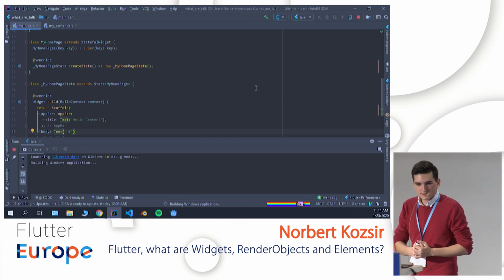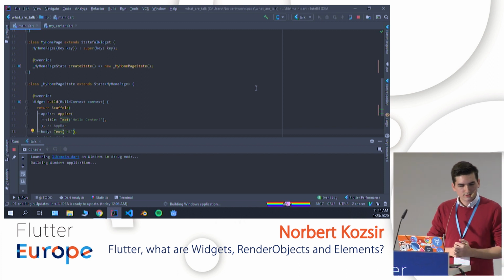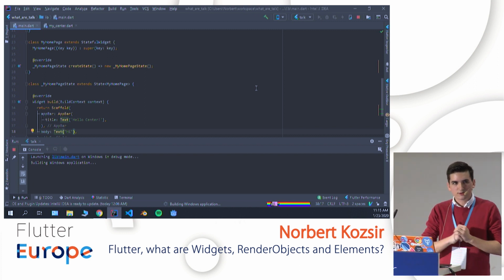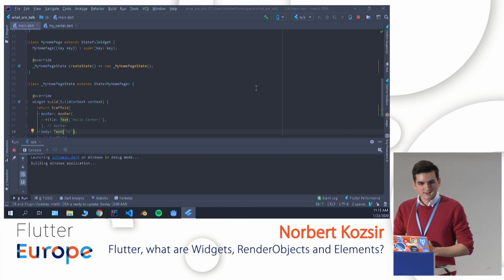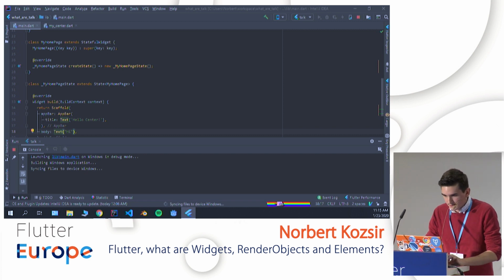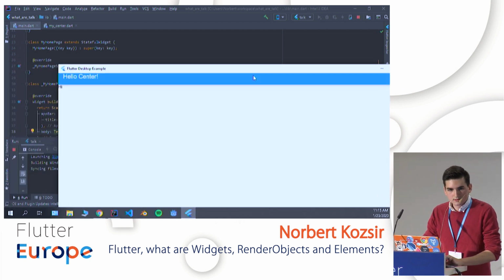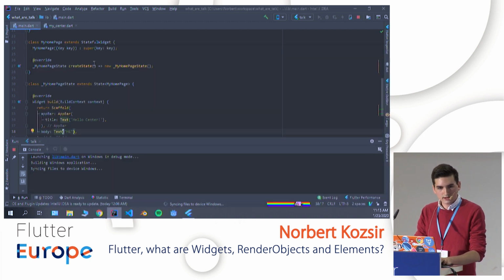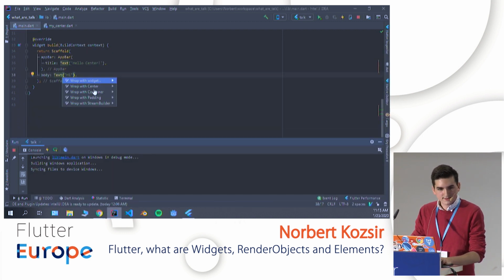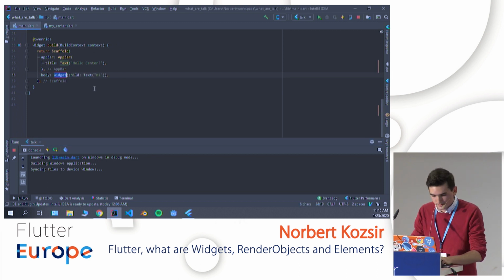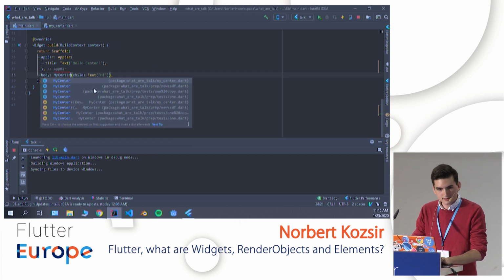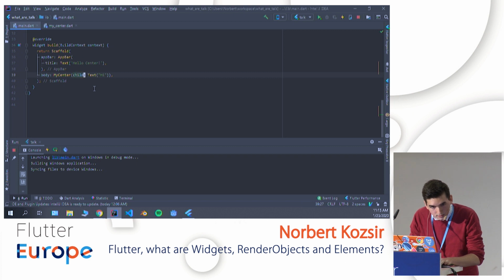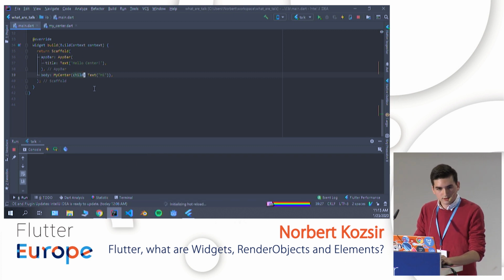But we're going to do this just in a second. I want you to believe me that it's actually our render object which does it. So there we are. That's quite big. So we have a hi at the top left. And if we wrap this in a MyCenter, which I've already imported, and hot reload,